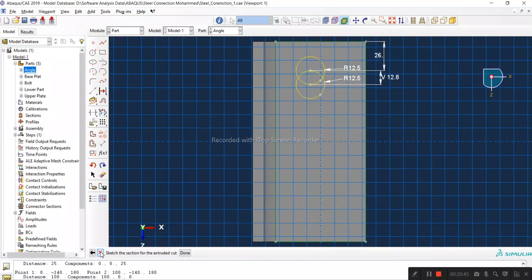What did I do? Nope. Alright, oh, 12.8. No, no way. Definitely need to delete this, and between this point and this point it is 128, not 12.8. And you can always check the last dimension that you have. It, oops, should be 26. Yeah, there you go. And now the dimension from this side to this point is